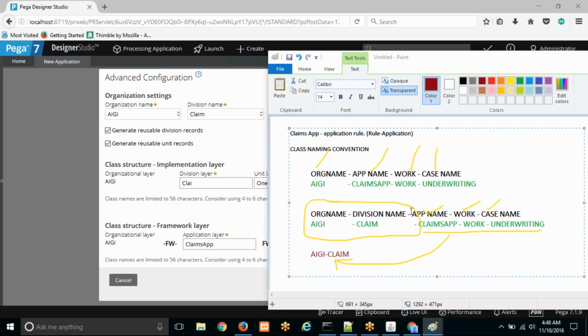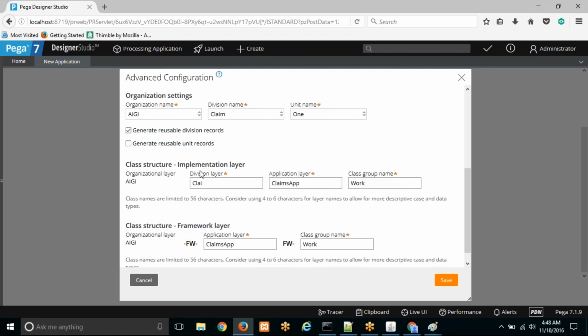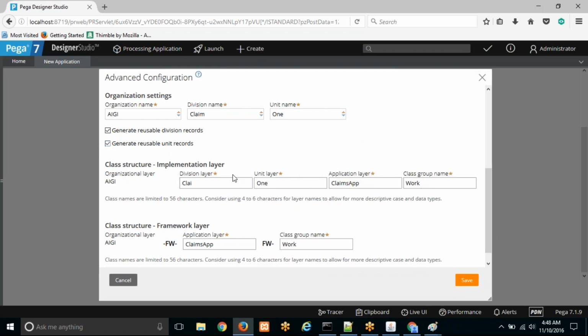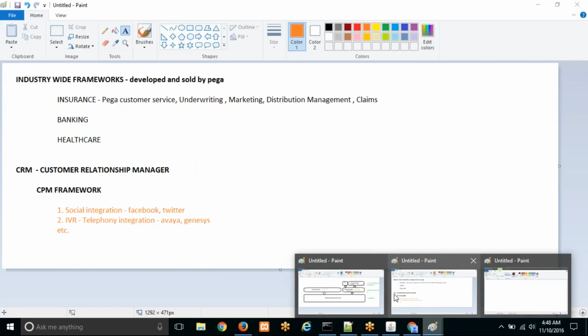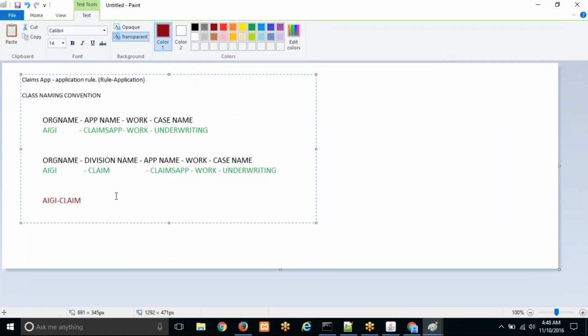This is the class structure that we need to think through very strongly before we go ahead with the development. The moment I check this checkbox here, if I uncheck this one, you lose the division unit layer. If you check this, you get the unit layer. Let me show you how the class structure looks